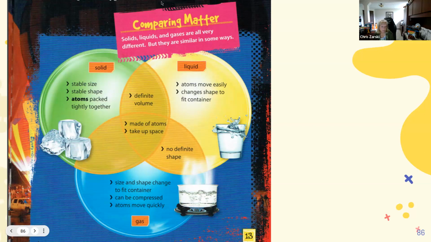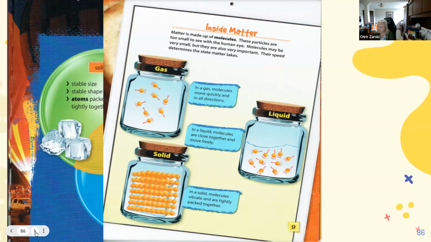So another book, first of all, just comparing matter. And again, when I talked about the Venn diagram being so important, we have shown this now for the grade 3, 4, and 5 teachers, but more for grade 3 and 5. So there are different states of matter. And then how do they compare a liquid and a solid, right? What are my common points in between? How does a solid compare with a gas? And then more importantly, what do all three of them have in common? So that's understanding particle theory of matter.